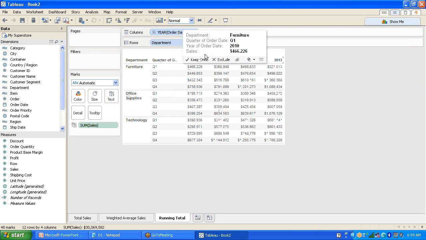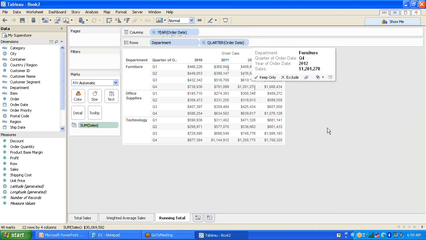So now you see that you are seeing quarter, Q1, Q2, Q3, Q4, and then you have by department, and then subsequently you have here the year. So 10, 11, 12, and 13, and then Q1, Q2, Q3, Q4. Alright,